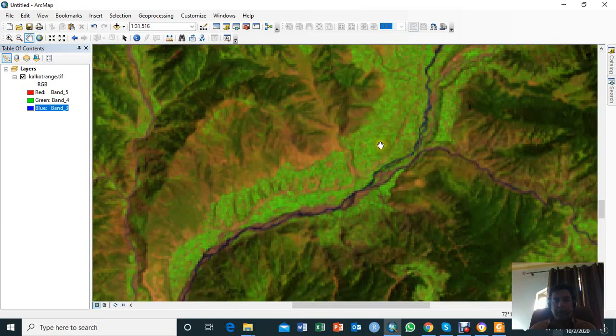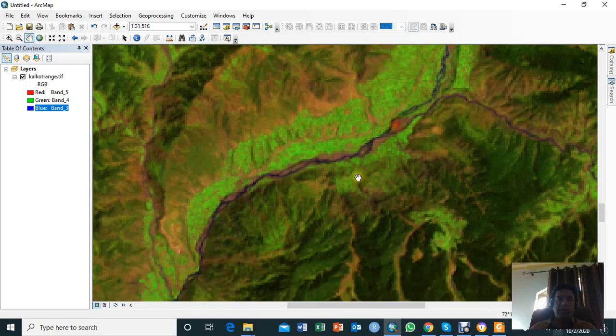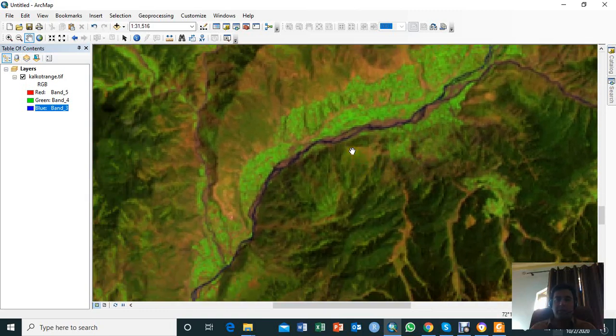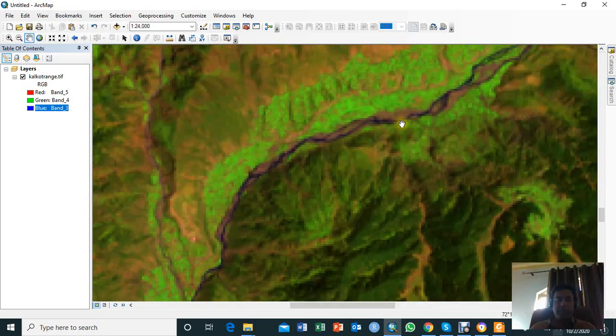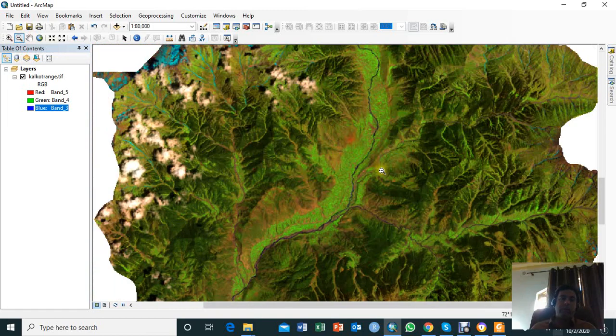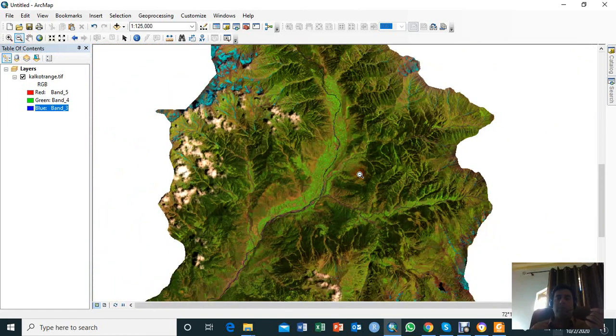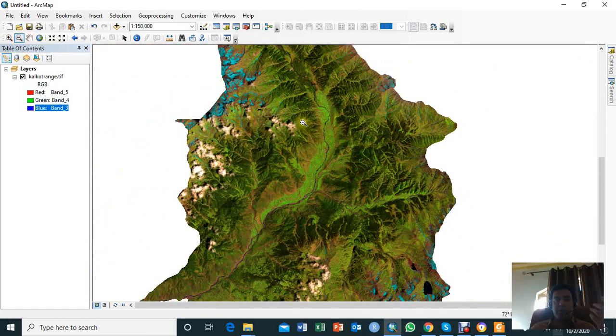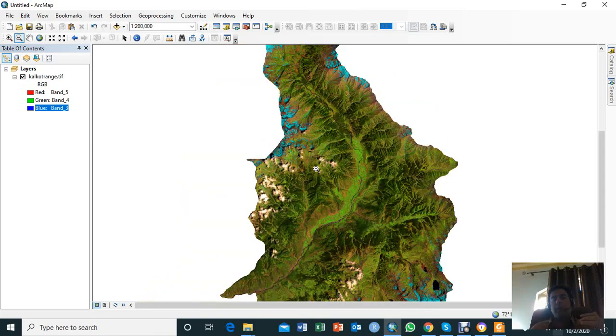And this is, for example, agricultural land. If you take a small sample from the agricultural land, you will classify the entire agriculture. And suppose this is water bodies. I mean, this is the river Panchkoda. If you just take a small sample from the Panchkoda river, or a small sample even from some glacier or clouds, the software will classify the entire image,